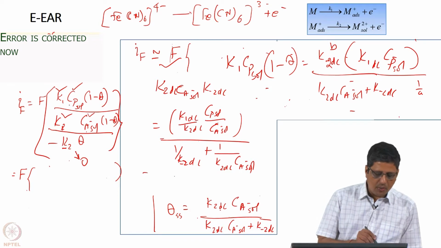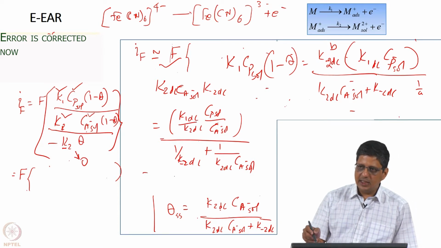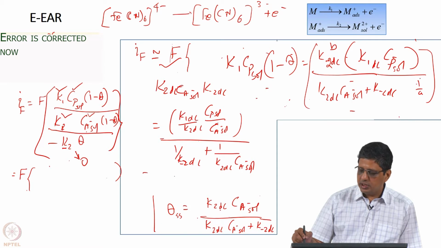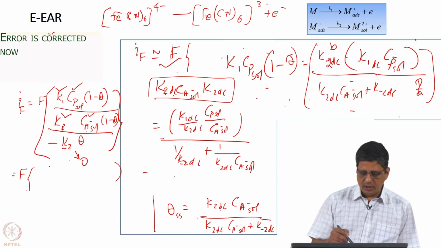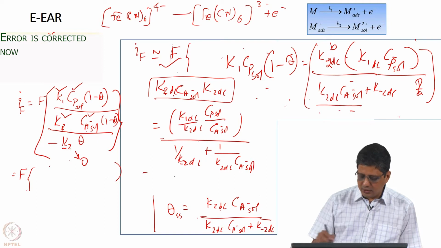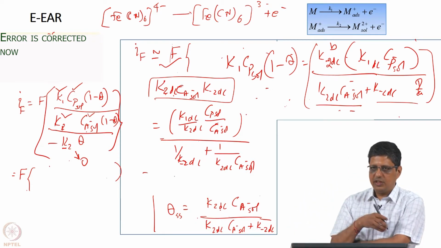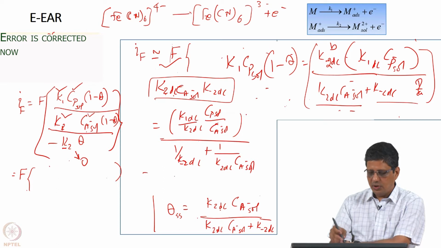So, the expression is going to be K1 Cp solution 1 minus theta. We have the expression for 1 minus theta, multiply by K1 Cp solution under DC condition. We have the expression for 1 minus theta steady state. So, if you multiply by this, this is the expression you get. Of course, you have a factor of Faraday constant there. Divide by this expression K2 dc Ca solution, K minus 2 dc, the entire product, you are going to get K minus 2 dc here, you are going to get K2 dc Ca minus solution here. The numerator is going to be K1 dc by K2 dc, whatever terms we get here. Is that okay? You know how we got this?